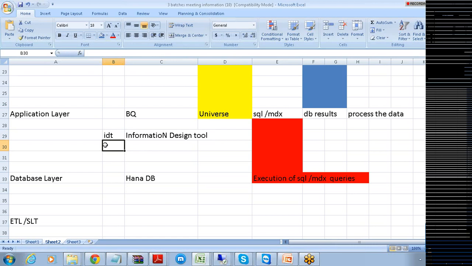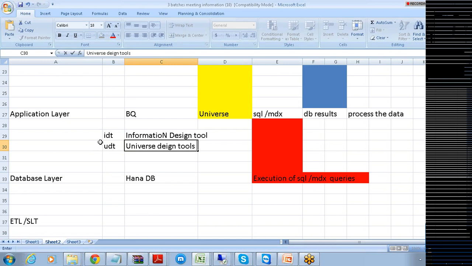The second is the UDT, the Universe Design Tool. These are the two tools we can use to make a connection to your database for creating the universes.